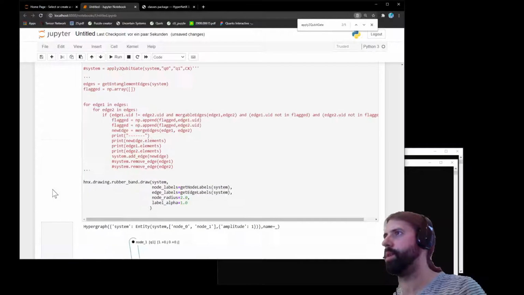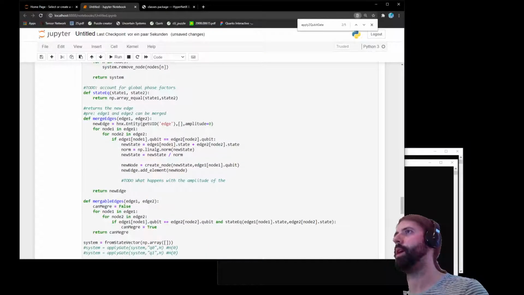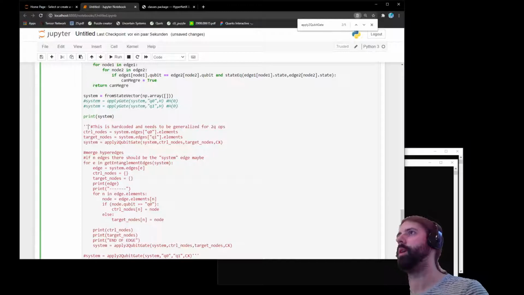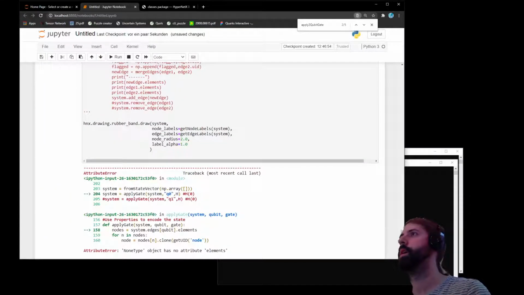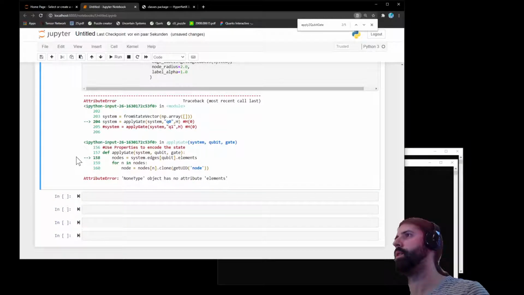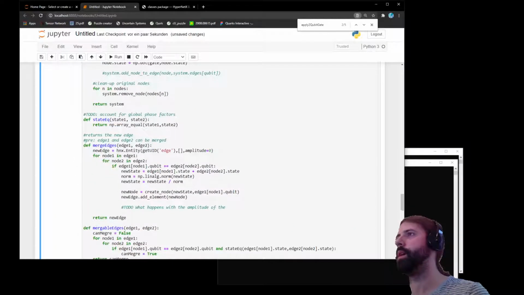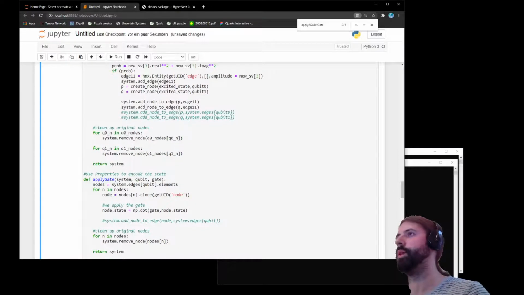So that's our system. I don't like the fact that I have to have an edge, but whatever. Okay, so that's going to make things easier. Now, let's see whether I can operate on this. No, okay. Oh yeah, because now it goes through. Now I have to change the way this works. So I need to go through